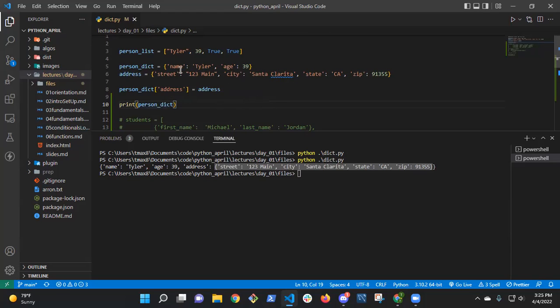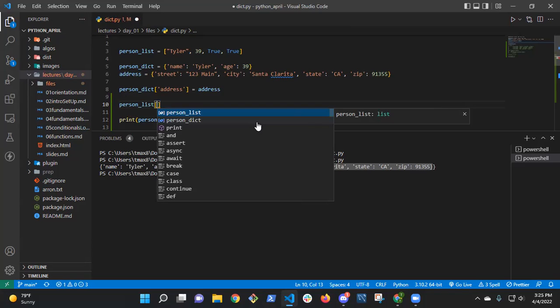So I want my name, let's make my age closer to the truth. So if I want to change my age, right, how would I do that? With the index? Now we don't need the index because this is a dictionary, right? So if I wanted to change it up here on the list, I could just say person list at 1